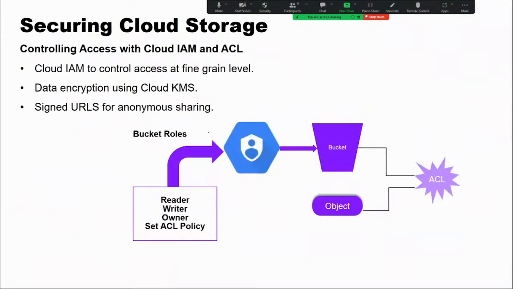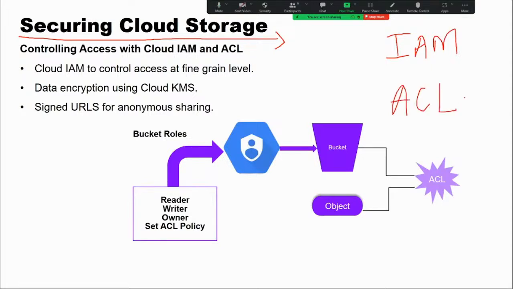Finally, the final point, securing Google Cloud Storage. We have seen this with two things: one is IAM, and one more is ACLs. IAM is identity and access management. From Monday, we are starting this topic. It is a very important topic. Before entering into any service, we should understand what the identity is, what the access is, and how we are going to manage identity and access. ACL is the access control list. It will be a part of IAM, so don't worry about that.